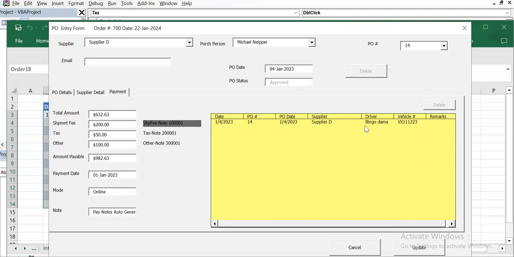If there is a breakup of the shipment fee, if it contains the insurance of the goods, these can be listed in it and can be shown. Similarly for the text, as soon as we click on it,